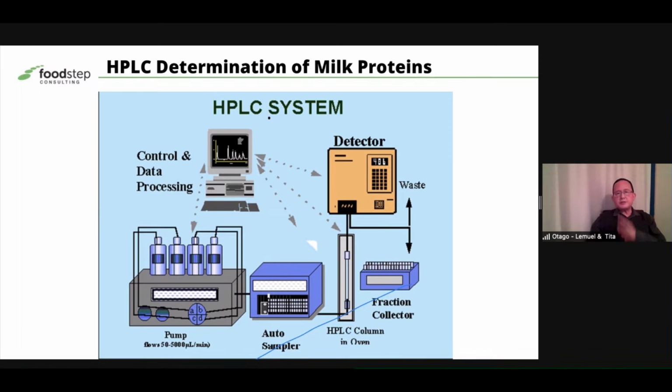So, in order for us to see whether your ultrafiltration is successful in separating, for example, whey proteins like the immunoglobulin and the lactalbumin, you need to have a way of measuring or seeing the different whey proteins of different sizes. And usually the equipment used to do that is an HPLC, or what is known as high performance liquid chromatography. So this is where you will get a sample of the skim milk, or if you have already